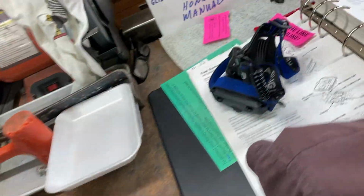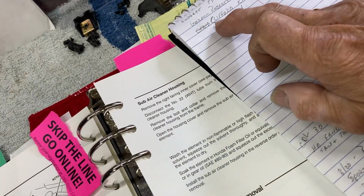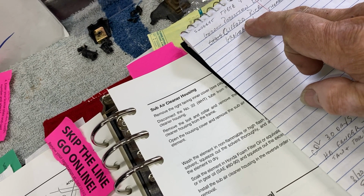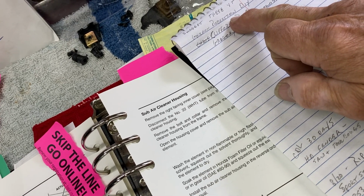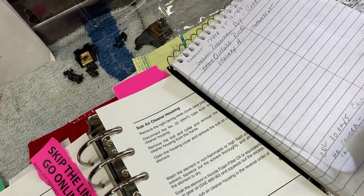I wanted to show you something else. I should let these guys get credit where credit's due. Okay, it was Clifford Rice. He has a lot of good videos on these GL 1500s. Gordon Robertson, he shows how to rebuild carbs. I won't be doing that, knock wood. And then Gregory H did the thermostat. And I wanted to show you what one of them said. He said, so I went and bought a long